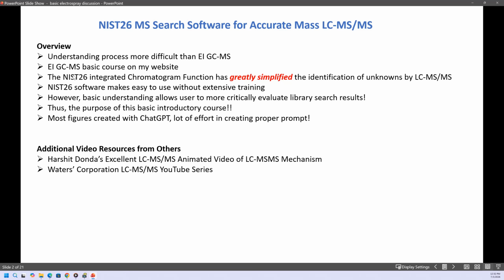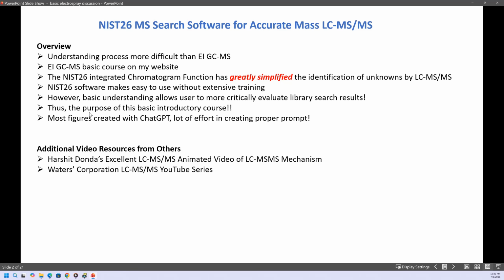that topic. The NIST 26 integrated chromatogram function has greatly simplified the identification of unknowns by LC-MS/MS, thus making it possible to actually make a video such as this. And this can be done without extensive training, in my opinion. However, a basic understanding allows the user to more critically evaluate library search results, and thus the purpose of this